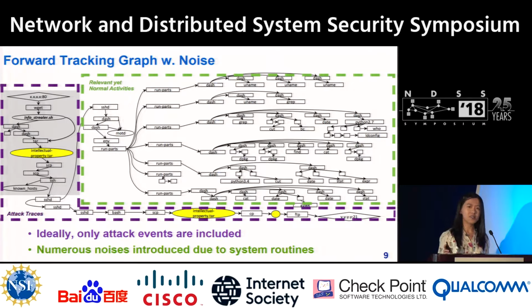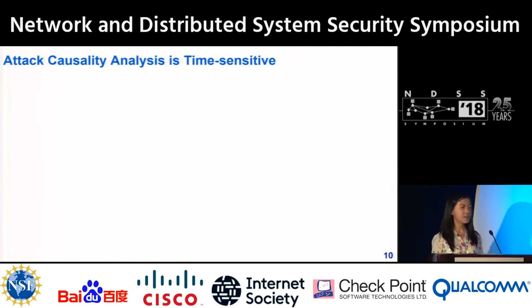oftentimes, a large amount of noise is incurred by system routines, shared files, and also long-running processes. In our example here, upon login, SSH will automatically trigger a set of Linux utilities in order to update the messages for user interaction. So these processes further fork their child processes and create a cascading effect on our forward tracking graph. So analysts will consequently spend a lot of time investigating these normal activities, but this is certainly undesirable because attack causality analysis is a